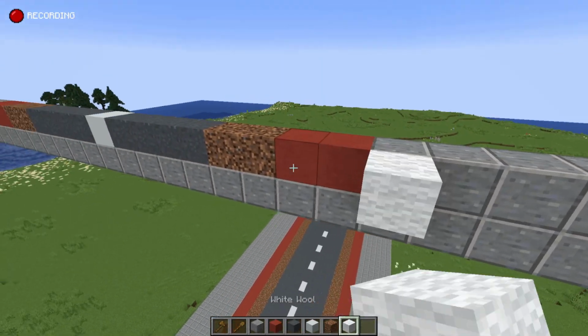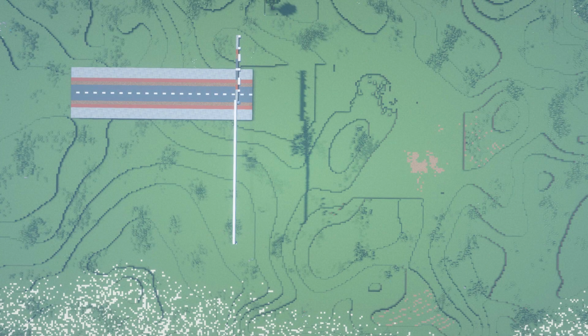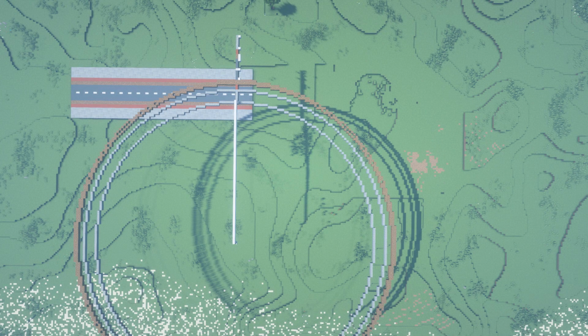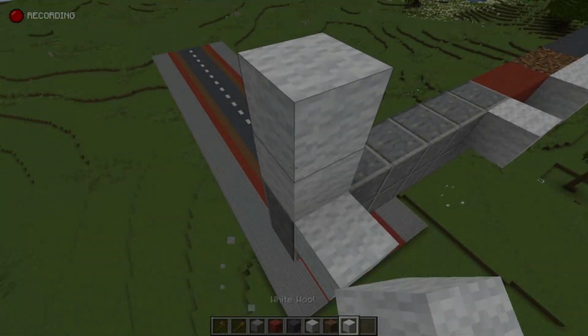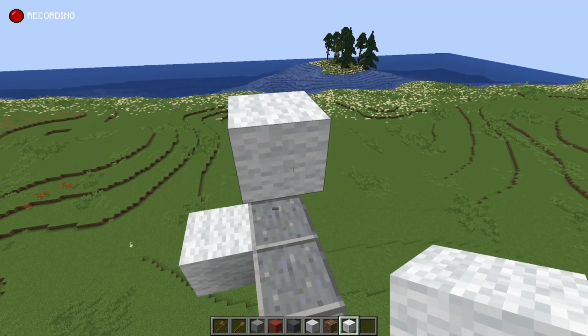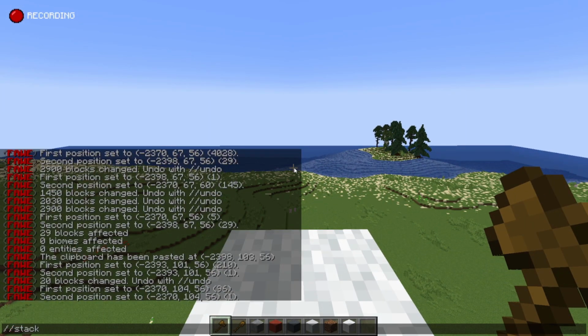After that, divide the road into segments corresponding to its layers. Later, we'll make a circle for each segment and then fill in the blocks. Now make a line with the same length as the inner radius of your curve. I'm going to make a curve with the inner radius of 60 blocks.